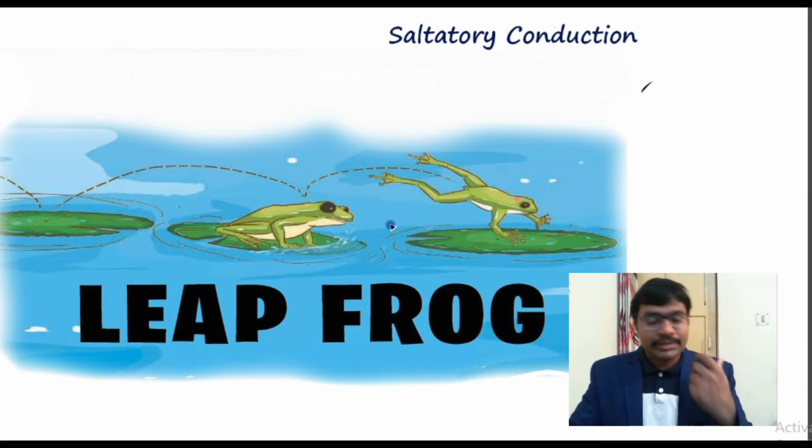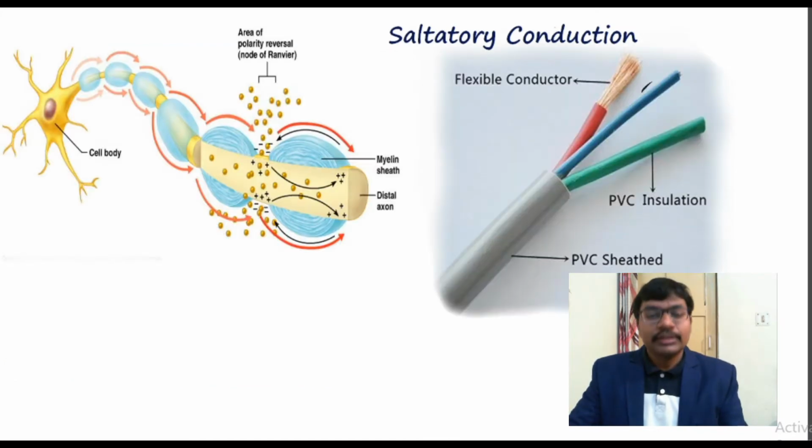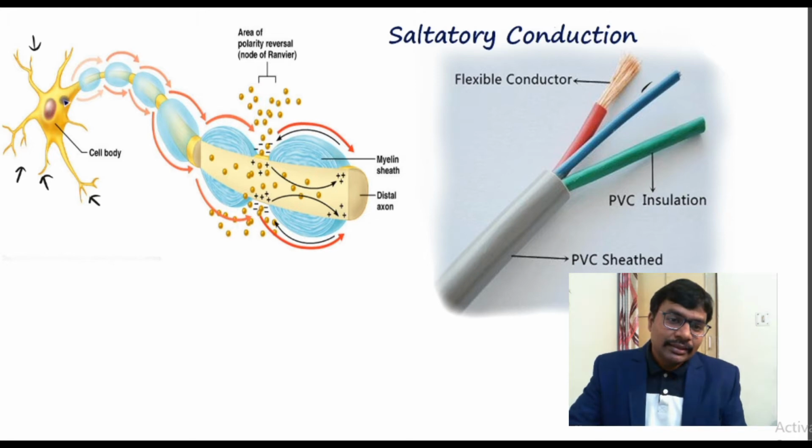The leapfrog mechanism, or saltatory conduction, enables neurons to conduct the action potential in a very fast manner, allowing rapid propagation of the action potential. Let us see how it happens in a real situation. A neuron has a cell body and axon, and a number of dendrites, each dendrite receiving input from neighboring neurons, and this gives the final outcome of the neuron.